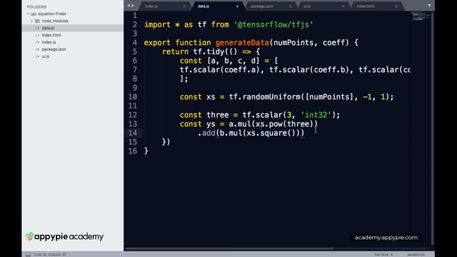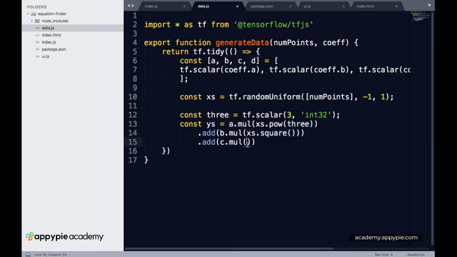Okay, so then let's add in the part of c. Now we have cx, so let's add in c dot multiply, and notice that xs is not raised to any power. So over here this line is ax cube, then we have bx square, and then we have cx.